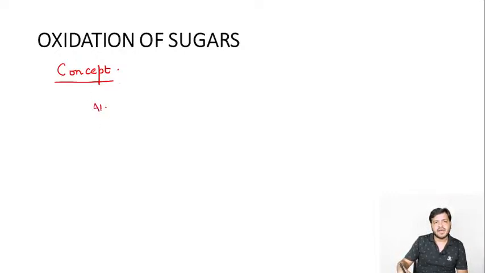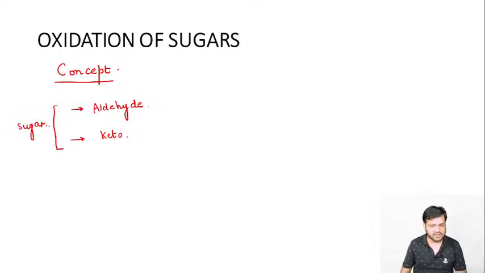You already know we have an aldehyde group, and along with the aldehyde group we have the keto group. You already know that both of these are forms of sugars, and when they are oxidized,